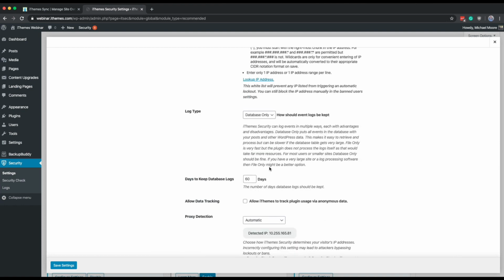Then we have three different options for log types. You have database only, file only, and both. I would recommend doing database only, and then if you ever need to export it, you can look up how to do a SQL export in the WordPress codex. The reason why I would recommend never doing file only is, one, it's going to take up a lot more space in your hosting package, and two, with us being able to store stuff in the tables, we'll be able to keep track of more things, such as